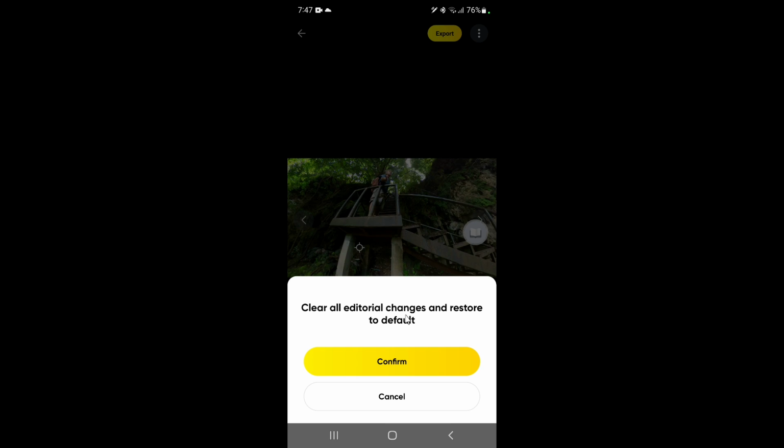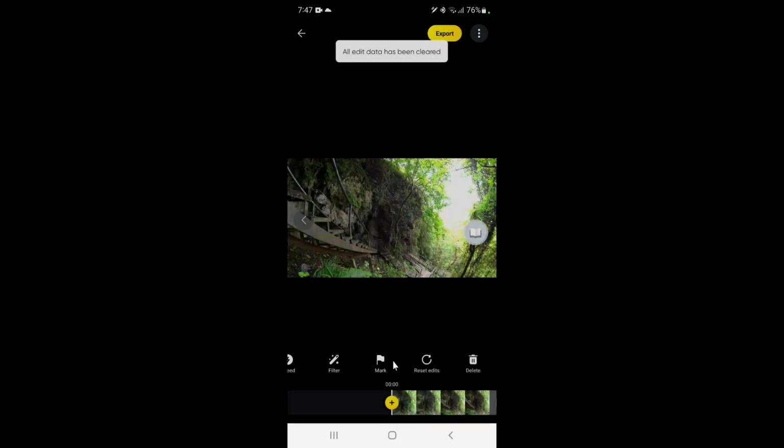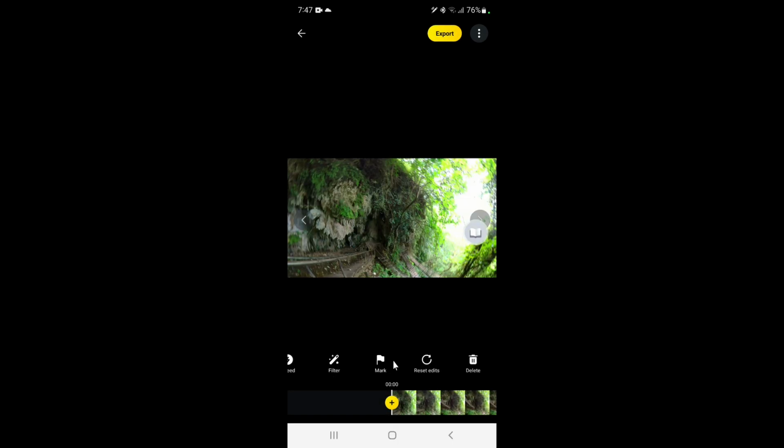I don't really want to do this. I want to save my editorial changes and start a new project, but as far as I can make out, you can't do that. So I confirm. So now all that keyframing is gone. All that work is gone, and we start all over from the beginning